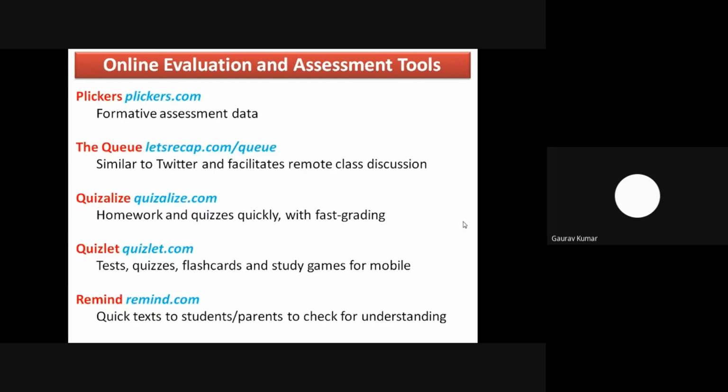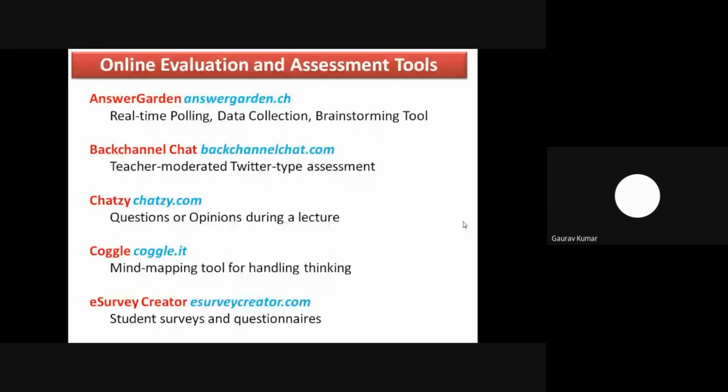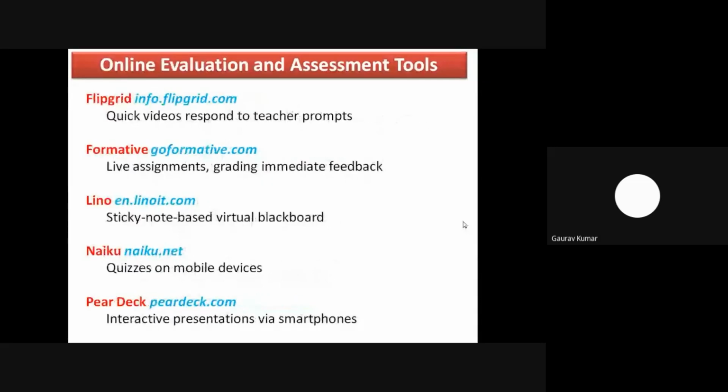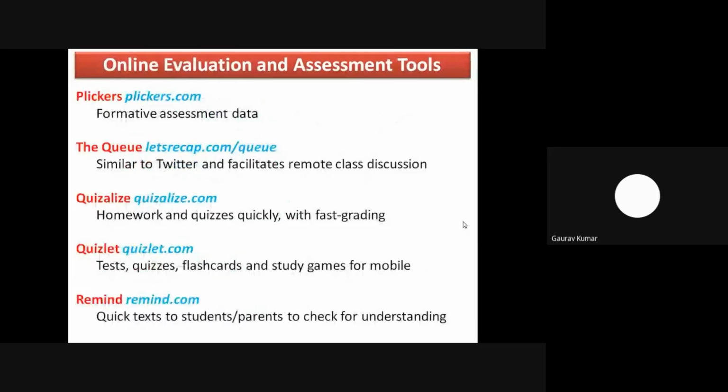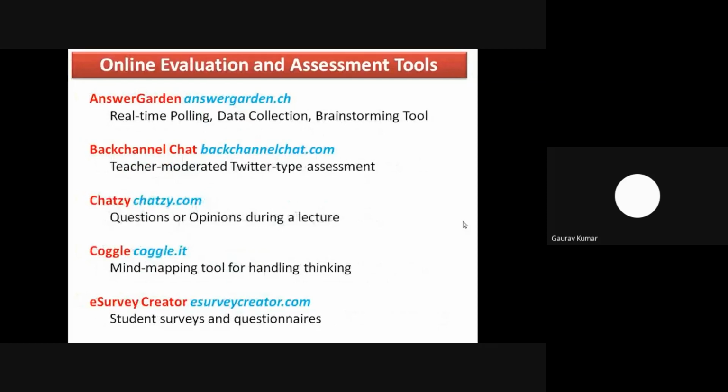A few of these platforms we will cover in this session for practical demonstration, one by one, focusing on a particular segment of academics. Other platforms you can explore, and then you can decide which tool is better for you, because depending upon the organization, the type of teaching, and the audience,